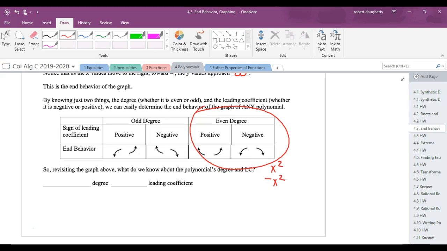Okay. If I have an odd degree polynomial, it's either going to look like x cubed or it's going to look like negative x cubed. An odd degree with a positive coefficient is going to look like x cubed. If there's a negative coefficient, it's going to look like negative x cubed. So those are parent functions that we've done. So in order to do this,